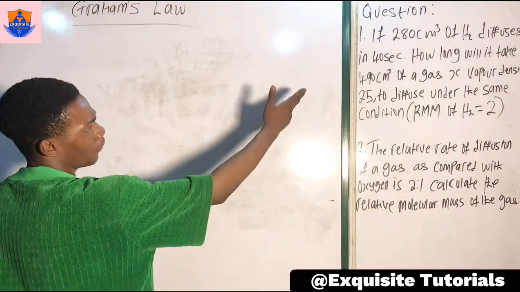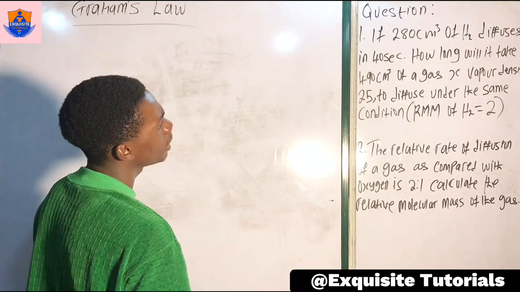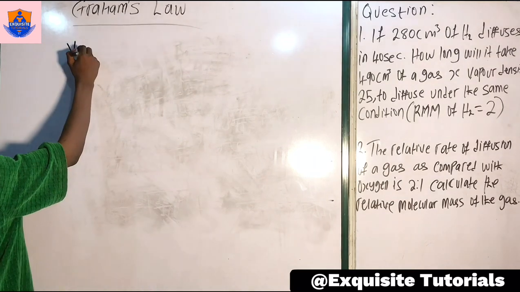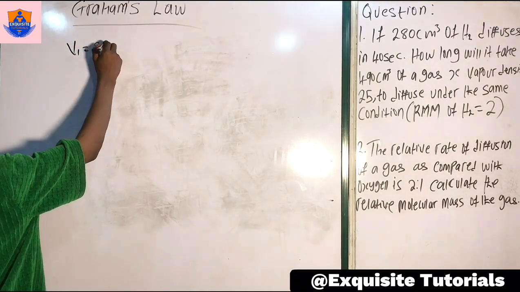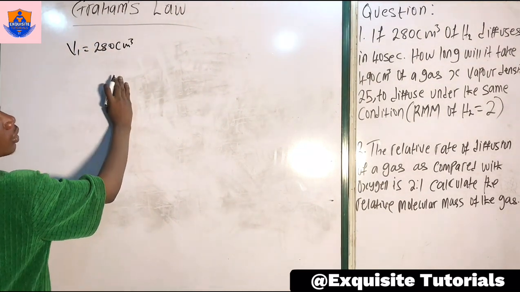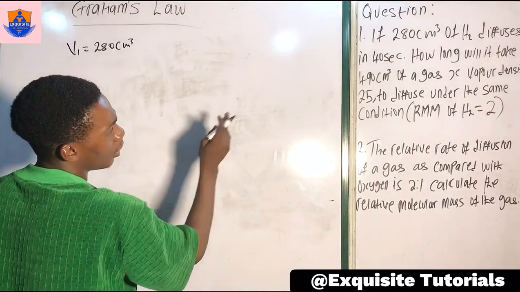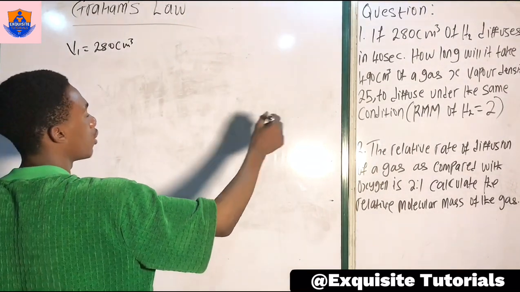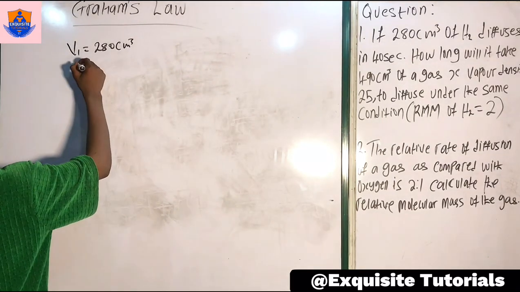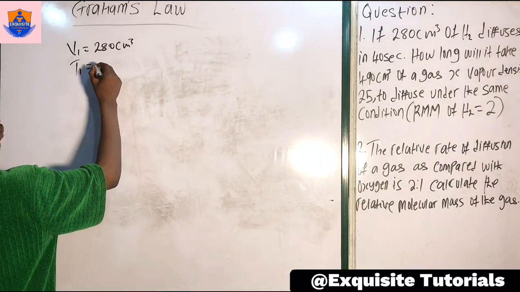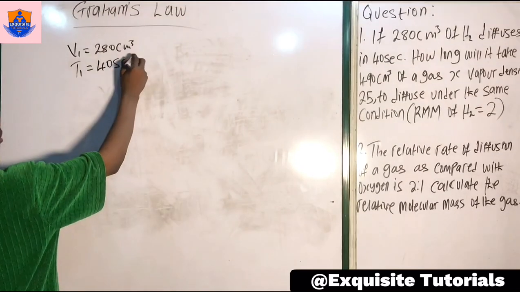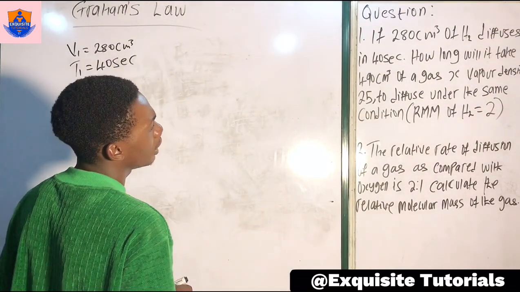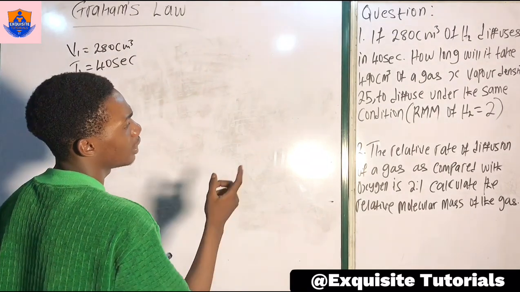So first question, if 280 cm cube of hydrogen gas diffused in 40 seconds. So V1 is 280 cm cube. T1 is equal to 40 seconds. How long will it take for